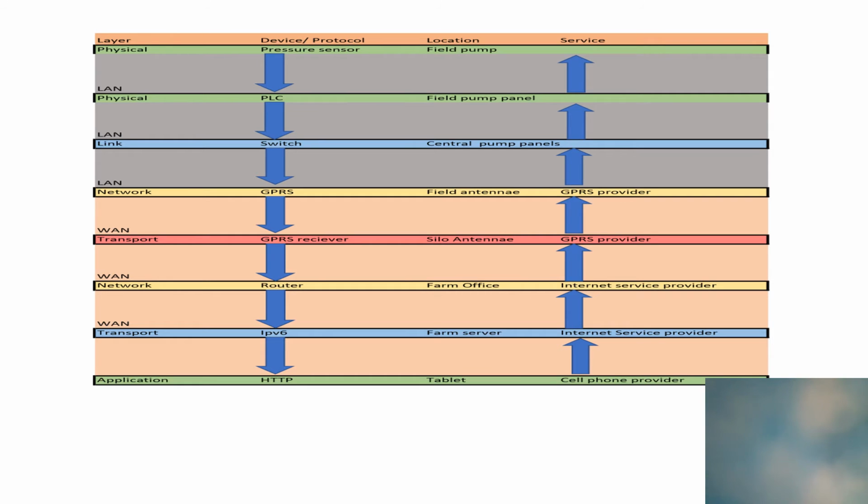So the panels will build up to one central station, and this central station is where we will use GPRS to send the information over the distance. It's close enough to the farm, so we don't need to go exactly outside or into other telephone provider services other than GPRS. And then from there, we'll place another antenna in the silo in the farm because it's already